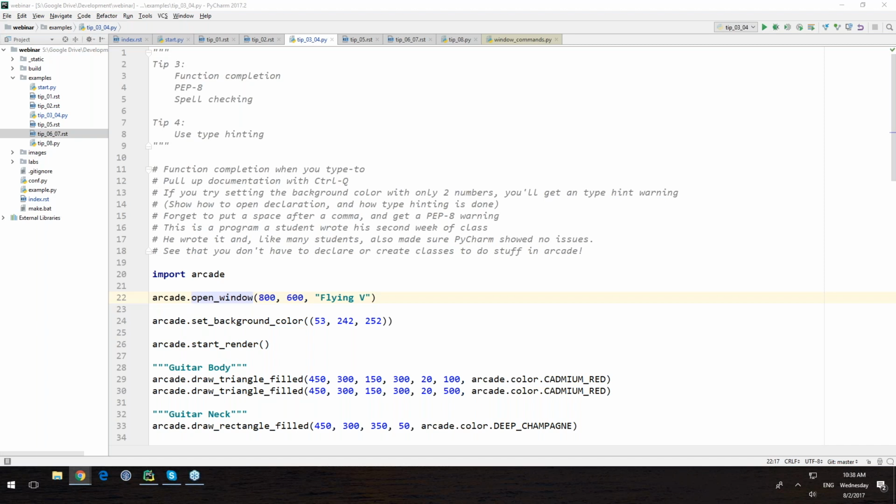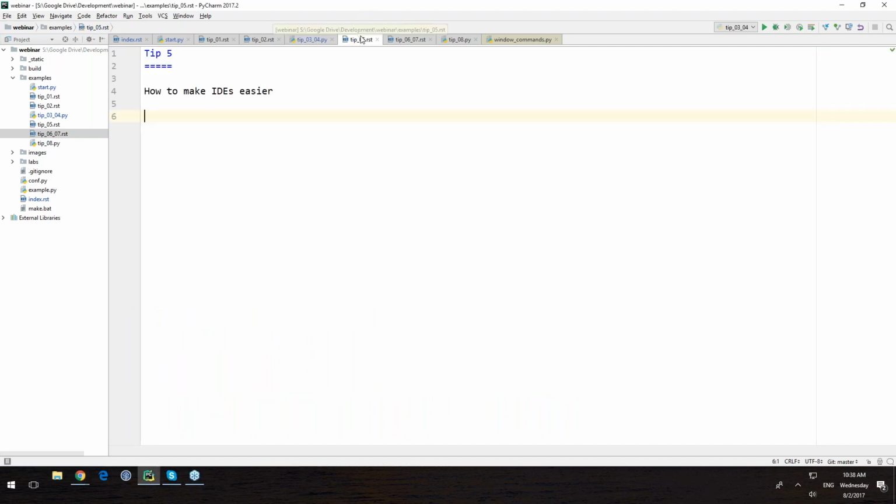All right, we still have more questions, but let's continue and then save those for later. Okay, so this was basically my tips 3 and 4. Tip 5, which does get into a little bit of what people were talking about before for questions: IDEs do have some disadvantages with working with students. So this is kind of how I get around that.